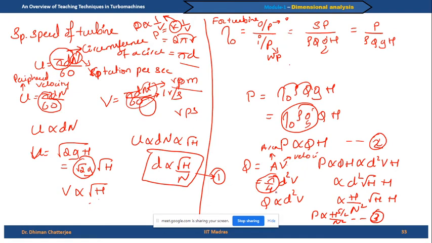So what is area given by? If it is a pipe or a conduit, we will give the area as pi by 4 d square into V. What is pi by 4? Pi by 4 is a constant. So I have removed that constant and used Q equal to d square V. So can anybody say why I am using the area as pi by 4 d square only? Why not length into breadth or breadth into height or something else?